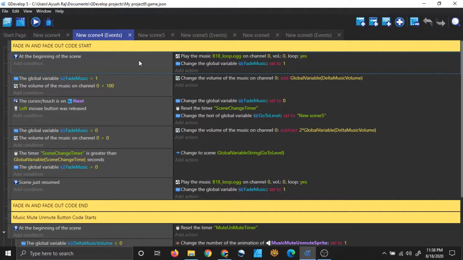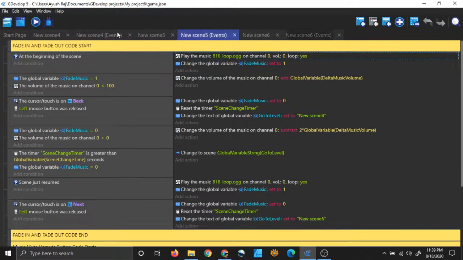If you want to continue this music in the next scene, in the scene which is coming after this scene, you just don't put this code in that scene. I will show you what I mean just now, but I am telling you for information. That may be a case where you want to do that, so that's how you can do it. We will see how it will be done. So that's where I'm loading my music file. You can also load them here, different music file for different scenes.